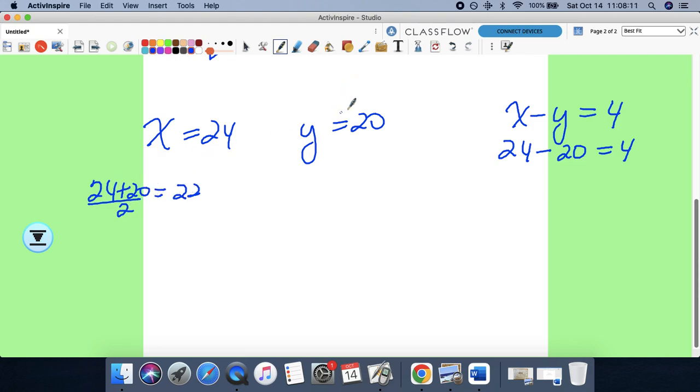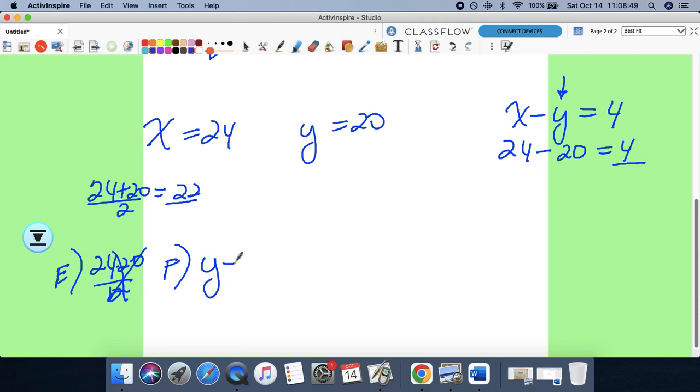But if you look at this, right, and if we do that with x being 24 and y equals 20, let's look at our multiple choice. Well, E is not going to work. We know that because it's 24 times 20 divided by 2, and there's no way that equals 2, so that's not it. B, or F, y minus 2. So y is 20 minus 2. So notice that this becomes 20 minus 2, which is